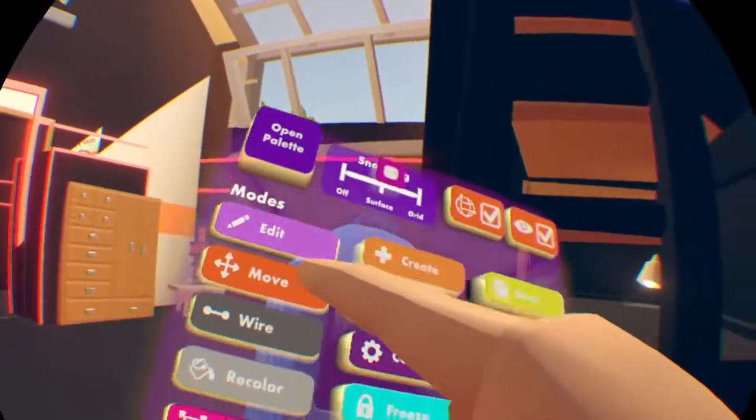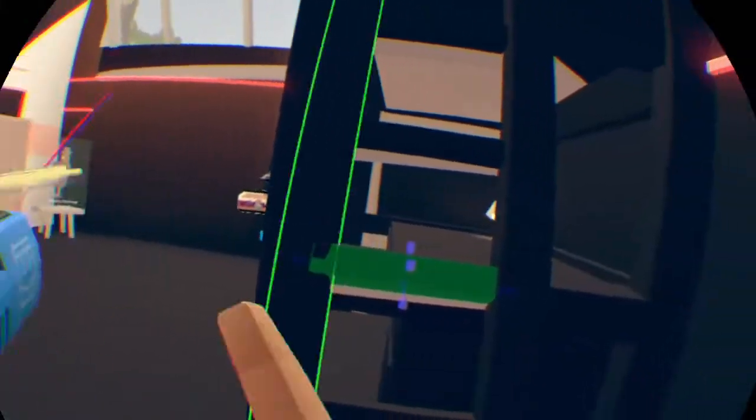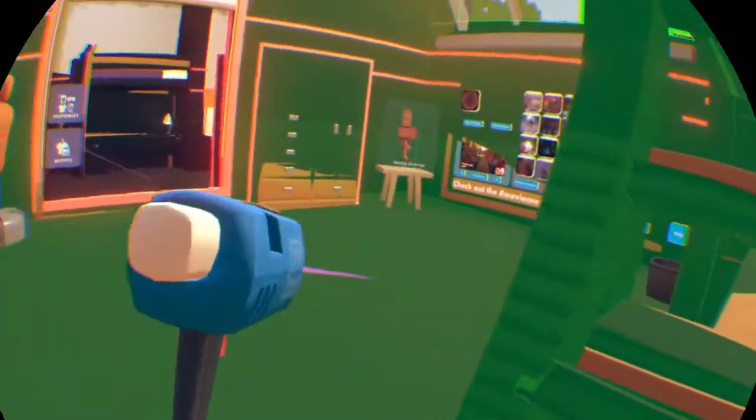Now what I'm going to do is I'm going to click edit. And I want to move this so it's perfectly flush. But I'm not going to do that. That's only if yours is movable. Okay, then now that you're done editing, drop your maker gun, then pick it back up so the green goes away. Then make sure, just, so you get the memo, right? Just align everything how it's supposed to be aligned, and then eventually